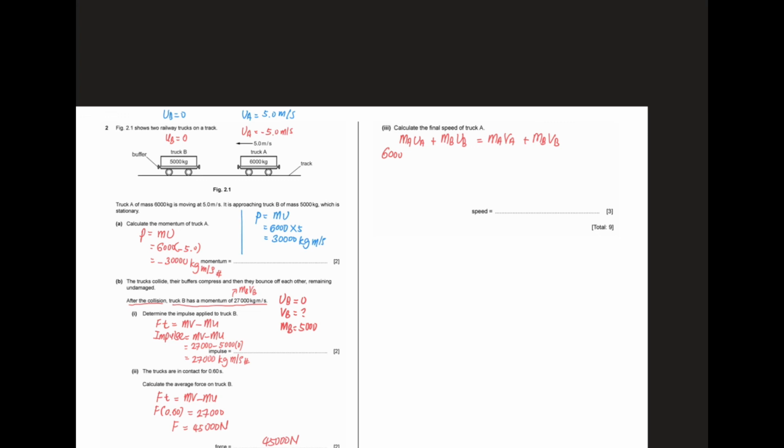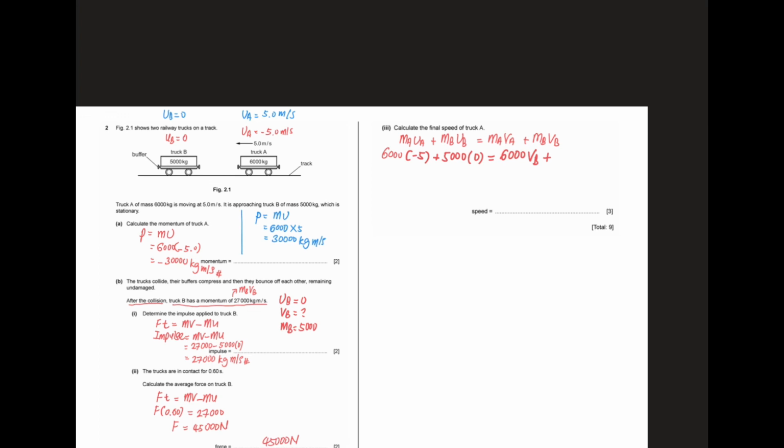You can see the picture at the same time. The UA, 5.0 or negative 5.0. It's up to you. Like what I said, both will be correct. So let's say I put negative 5 first. Because it's to the left, I put negative 5. And then 5,000 times 0, equals 6,000